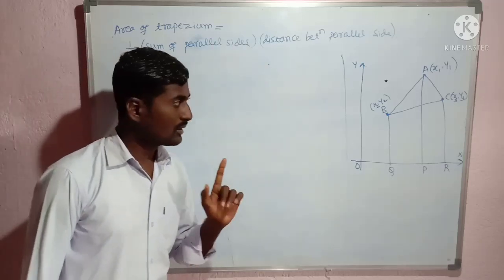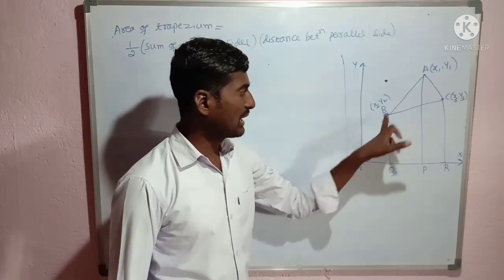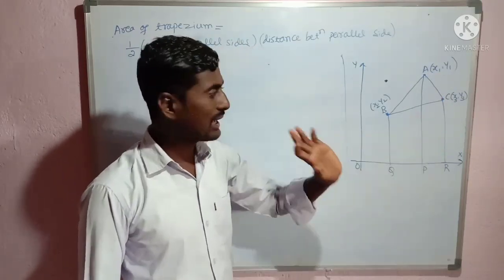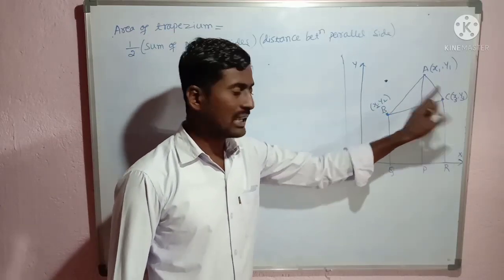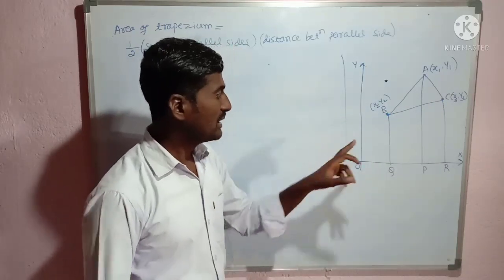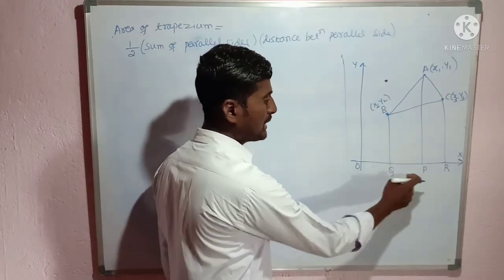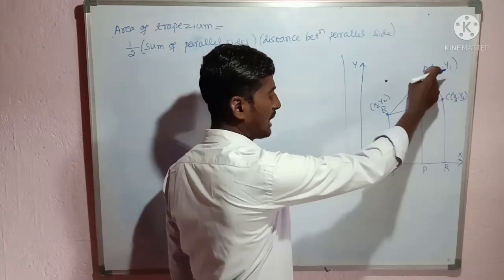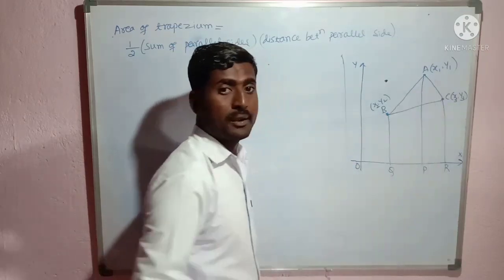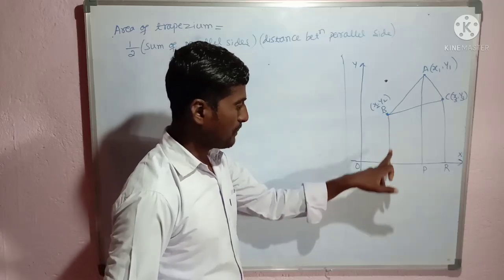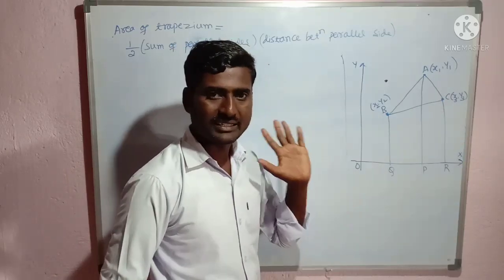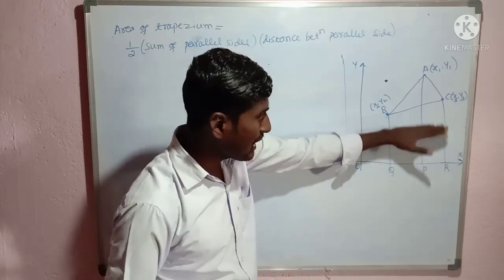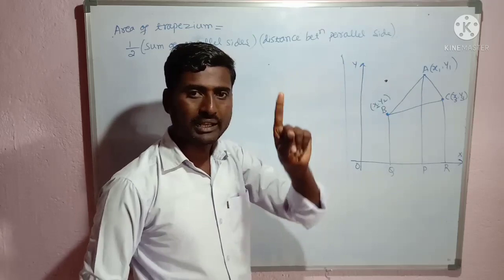Now here we are going to find the area of triangle ABC. How we can find it? So you see the diagram, observe the diagram. Area of the triangle ABC can be written as area of trapezium BQPA plus area of trapezium APRC minus area of trapezium BQRC. Can I write? So area of this one plus area of this one minus area of this one. I will get it as area of triangle ABC only.